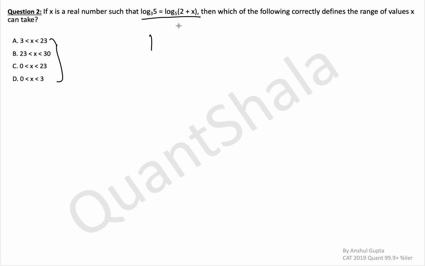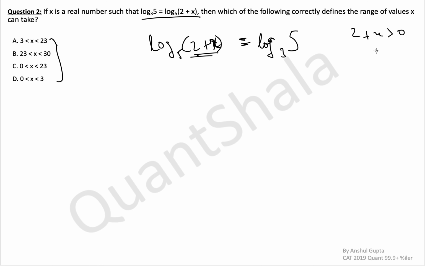So let's see. Log base 5 of (2 plus x) is equal to log base 3 of 5. This is what we know. So how can we first of all get to inequalities, because we are given a perfect equation and they're asking us for this inequality, that means the range of x. First of all, we know that by the domain, simply this has to be greater than 0. So 2 plus x is greater than 0, and we know x is greater than minus 2. This is the first condition that we know, which is anyway there in all the conditions, so we need not bother about this. The second thing we know is that log base 3 of 3 is 1.